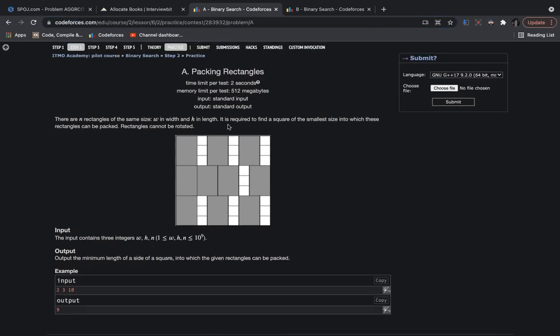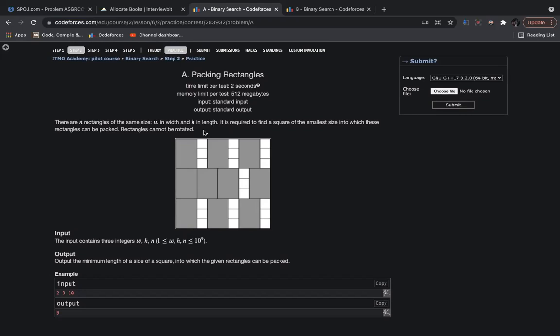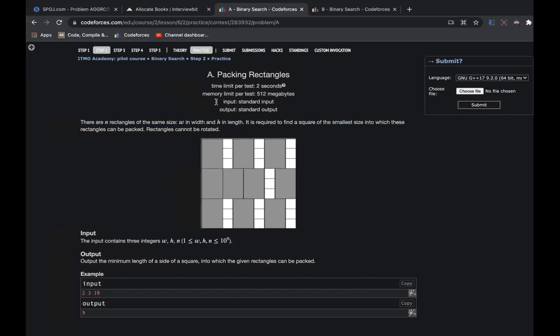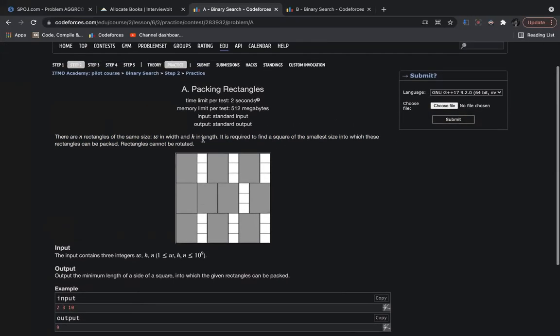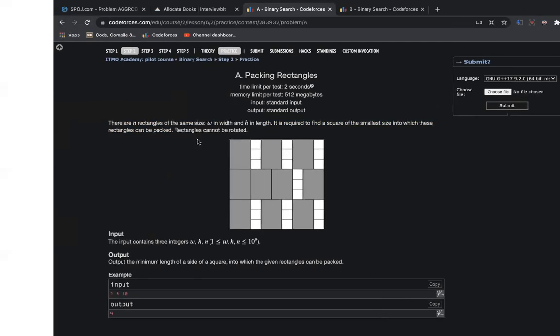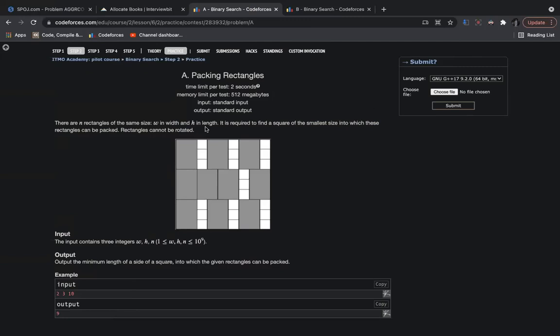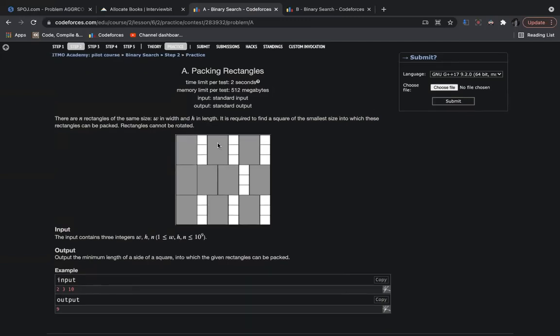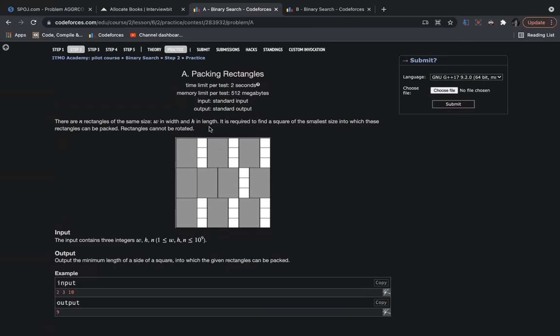Is this problem clear to everyone, or does anyone have any doubts in understanding what the problem is saying? If you are clear, you can just unmute yourself and say that you are clear. Everything is clear. Great, great. Does anybody have any ideas on how to approach this problem? You can share your ideas. The worst that could happen is you can be wrong, and that's not a big deal. So you are free to share your ideas here.